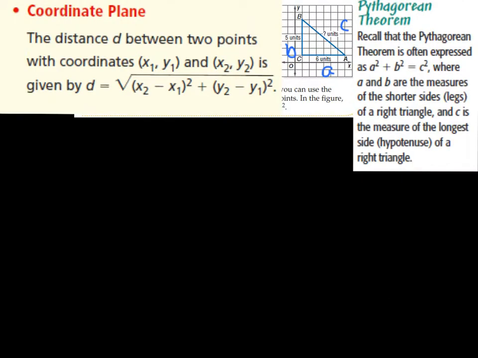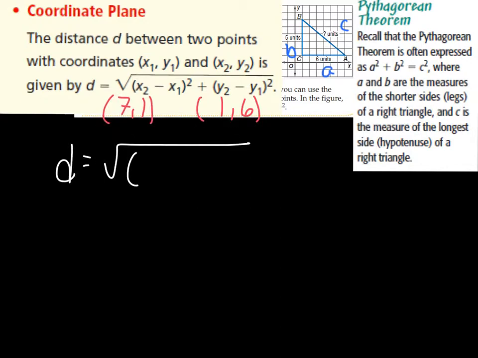Finding the distance on the coordinate plane kind of uses the distance we did on the number line, because we've got the difference happening here. So since this one was already graphed, we could just count, hey, this is 6 units. But if we hadn't graphed and we're just looking at ordered pairs, the difference in the x's would be 7 minus 1, which was 6. And the difference in the y's would be 6 minus 1 also, which is where we got our